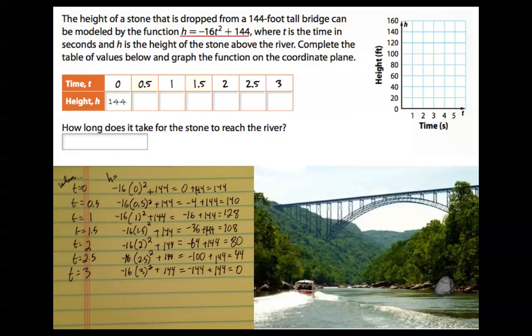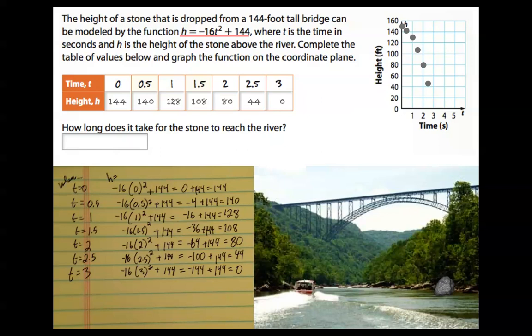So after half a second, 0.5, it's at 140 feet high. That means it went down a little bit, which makes sense because it's falling from the bridge. After 1 second, it's at 128 feet. It's falling some more. After a second and a half, it's at 108 feet, and now it's starting to look kind of parabola-ish. After 2 seconds, it's at 80, and you can see the curve starts to get steeper and steeper. After 2.5 seconds, it's at 44, and then after 3 seconds, when I plug 3 into this equation,